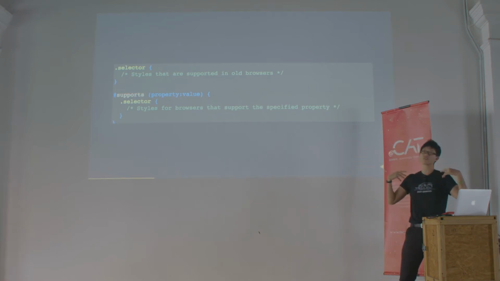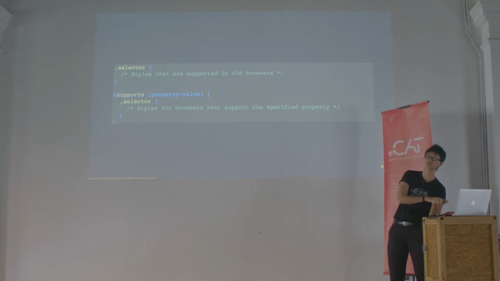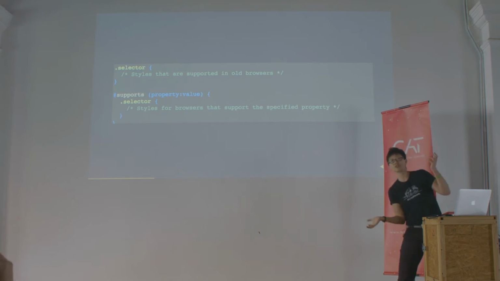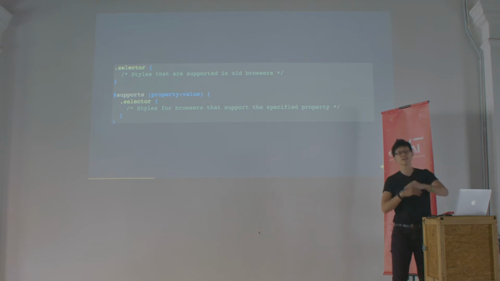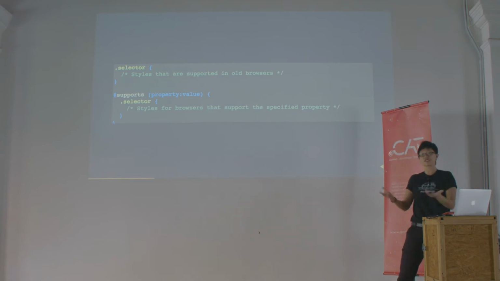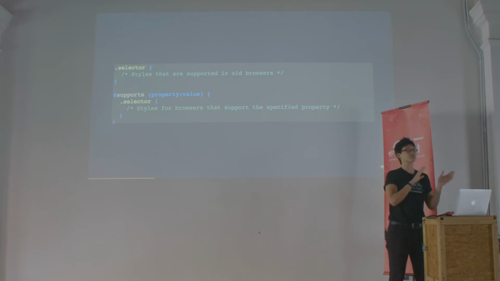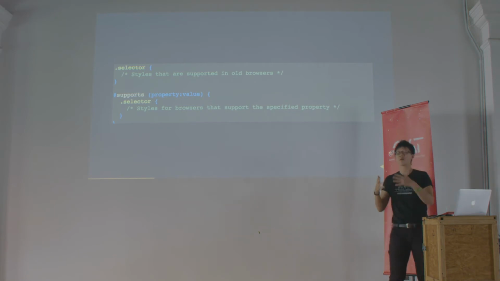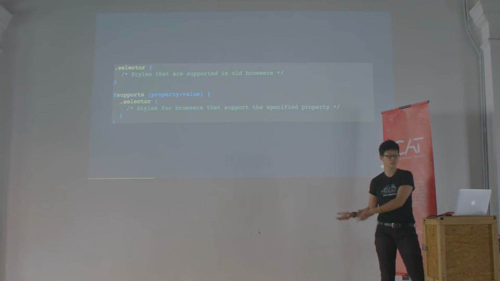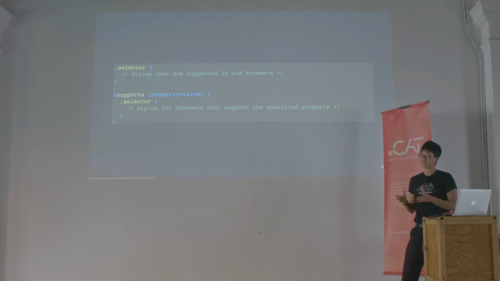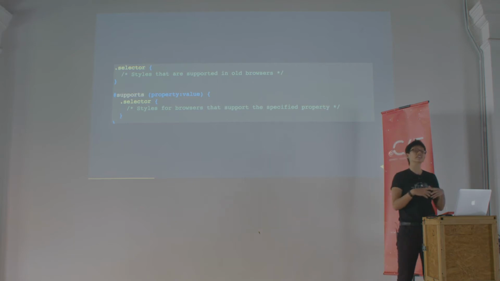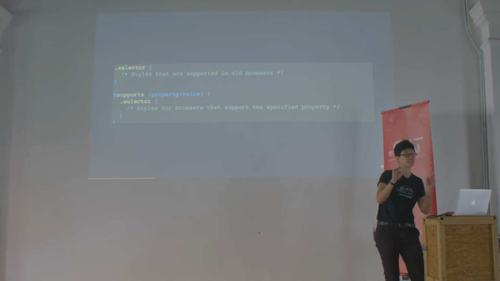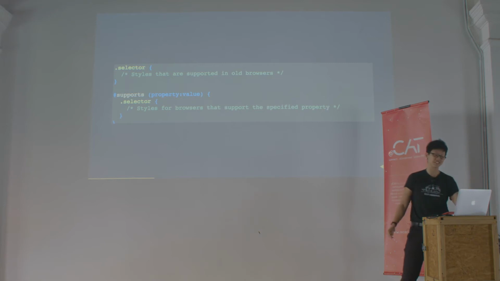This means we can start off with a very basic layout that works everywhere. It could be a single column. It could be float-based. You could be just using browser default UI elements, that kind of thing. And then we layer on additional styles based on the features that we want to use. By organizing our code in this manner, the browsers that do not support feature queries or the property that we want to use will still get styled, whilst those that do can get a fresh new look. We're making use of the C in CSS. You can even call it Cascading Web Design. And remember, if this concept takes off, you heard it here first.